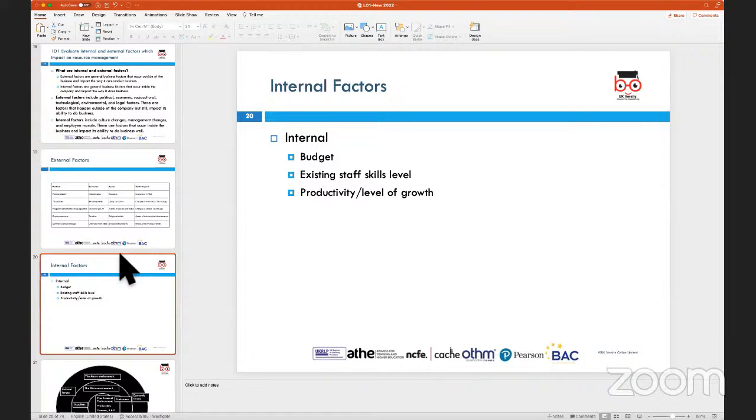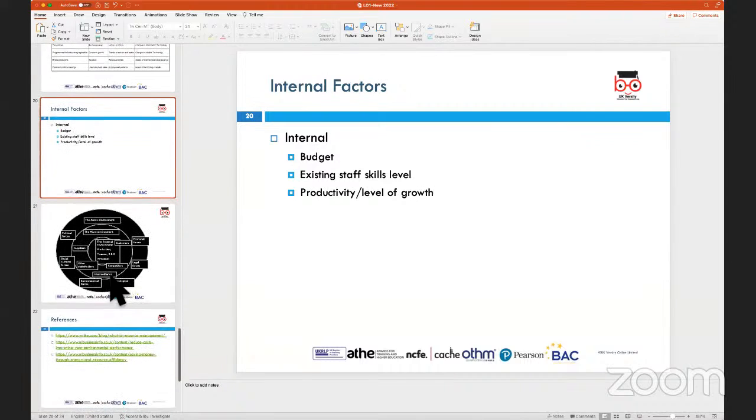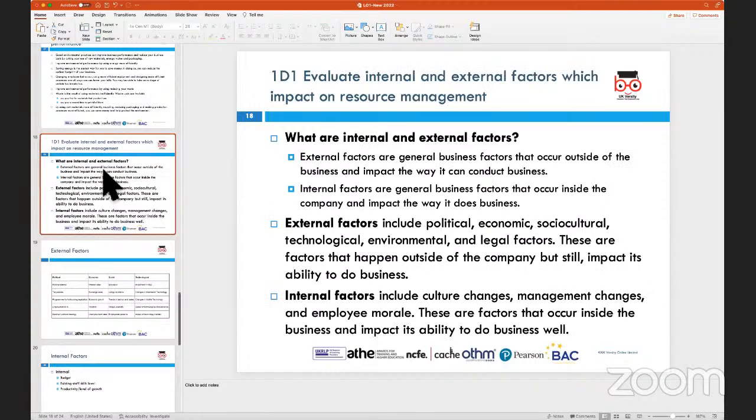So it was the Amazons, the eBays, some of the other platforms which enjoyed growth even during a downturn, and that was purely because of the circumstances put forward by the COVID pandemic, which allowed customers to shop from home, and obviously it meant increased business for companies like Amazon. Is that okay? Yeah. So here in the distinction criteria, when it says evaluation, what you'll have to do is